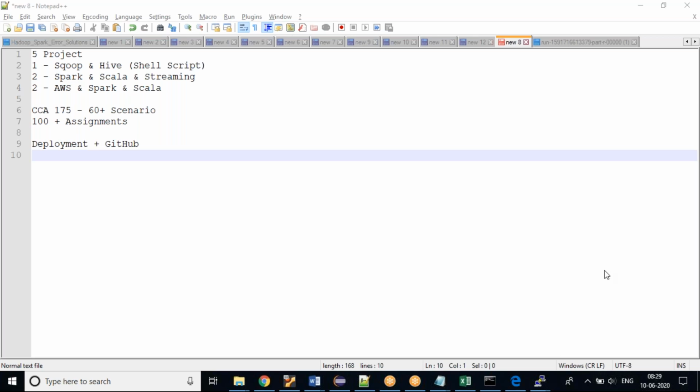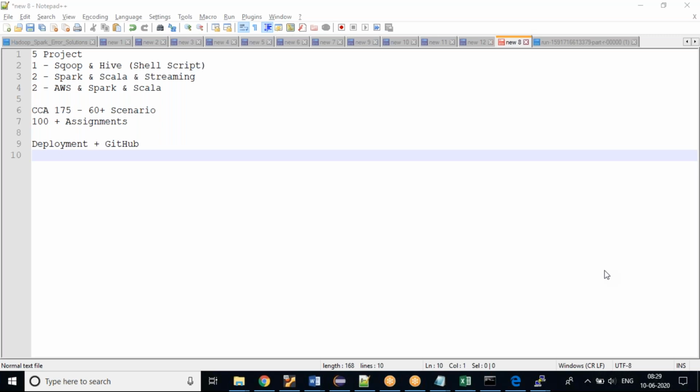Any more questions? Hi, Seth Chaudhary, this is Ashish here. Just wanted to confirm one thing. For the installation part, you said you have shared the Cloudera VM with the guys. From Saturday and Sunday you're going to start the new batch. How would you be able to help with the installation?